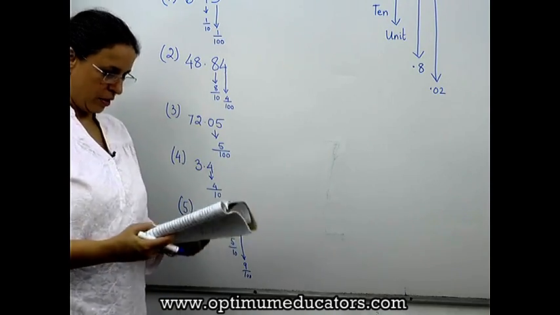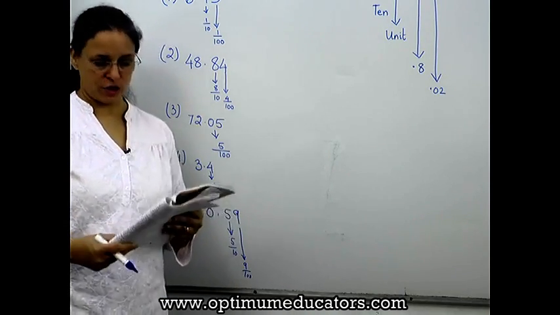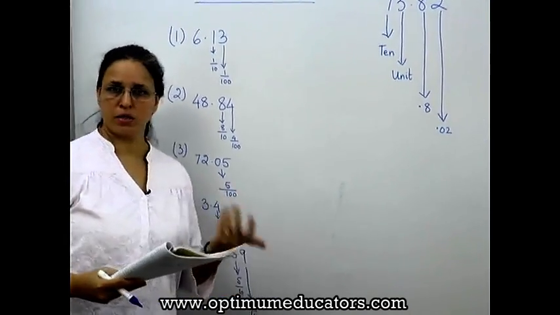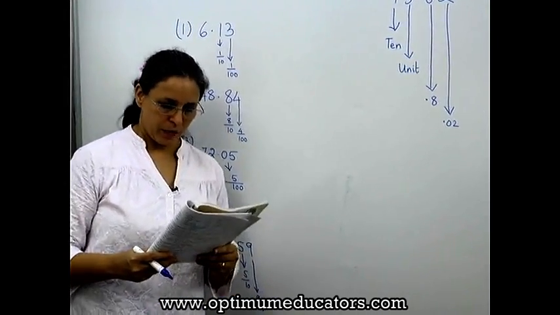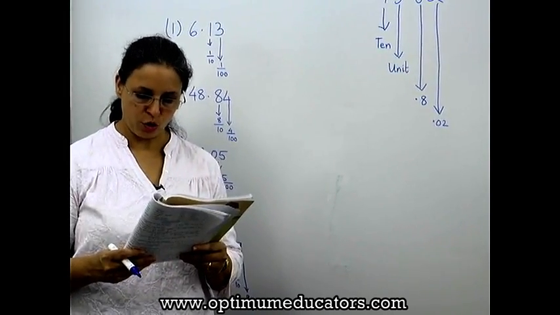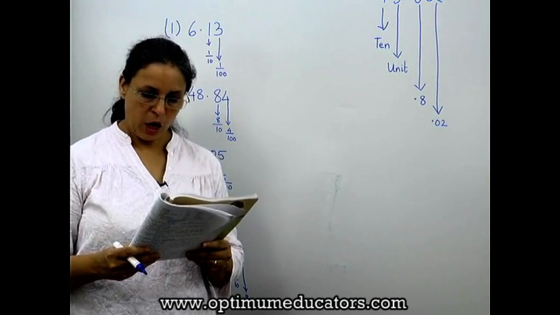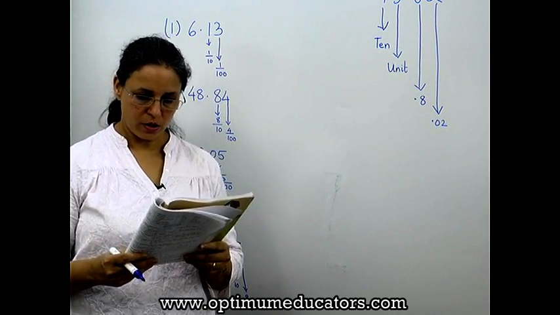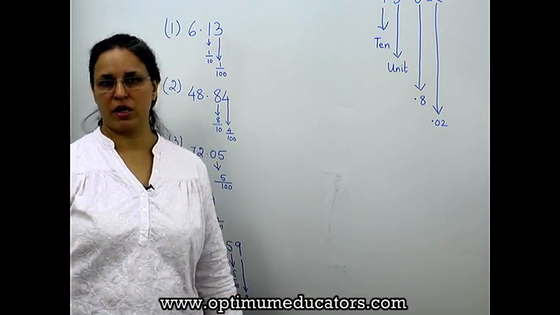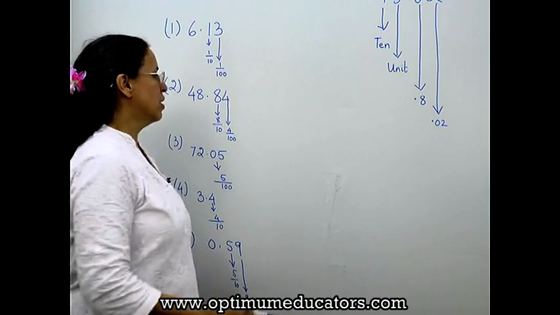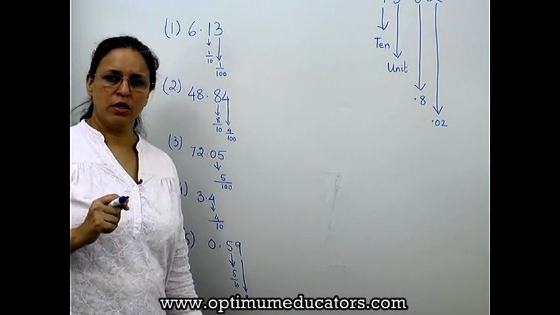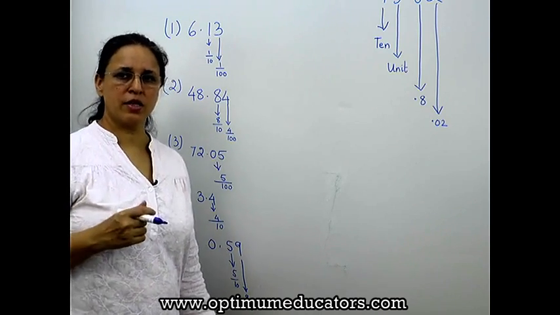Okay. Going on to the use of decimal fractions. Use of decimal fractions, that is, where do we use all this? So now we will see how 24.50 equals 24 rupees and 50 paise. How many rupees is 1 paisa? If we want to write 1 paisa in rupees, how will we write it? You will think 100 paise make 1 rupee, so how do we write 1 paisa in rupees?